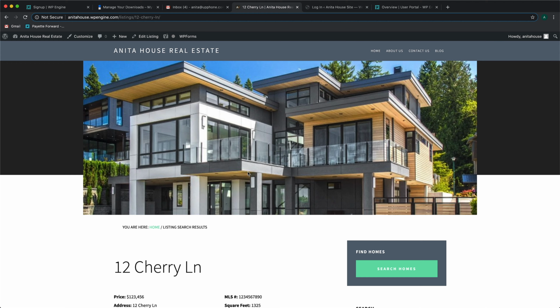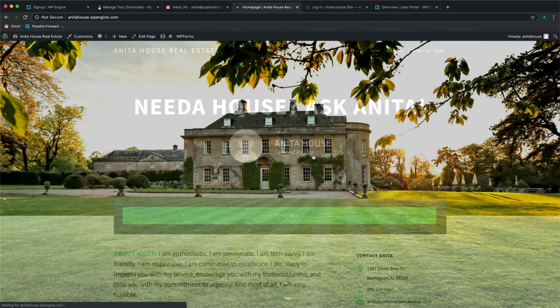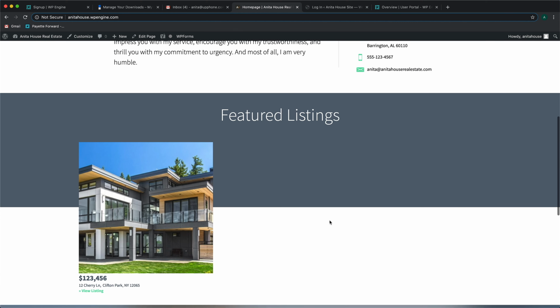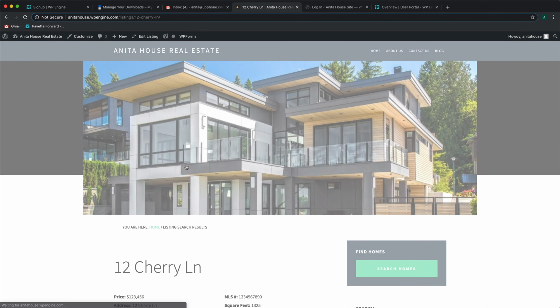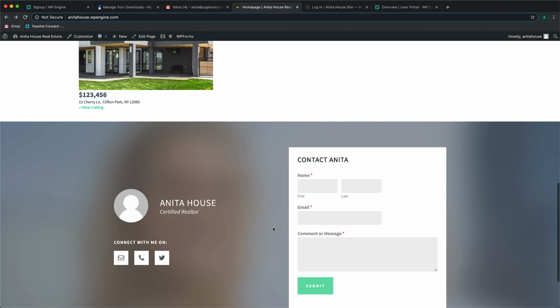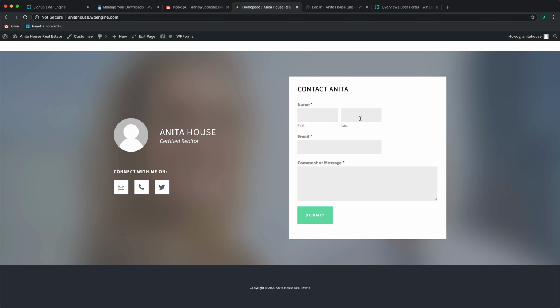All right, so let's head back to the home page. And what we'll see is that now this shows up under Featured Listings. You get the price there and the address. People can click on the image or click View Listing to visit it. Tap back. And then as always, it's easy for them to contact you because that is the most important thing,